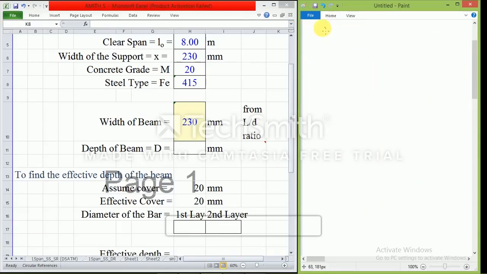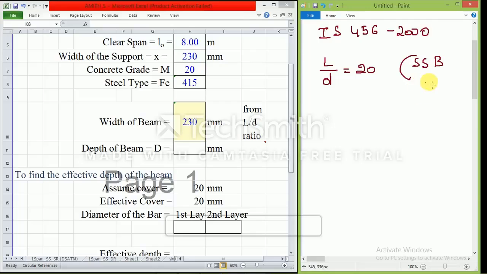Now according to IS 456 2000, L by D ratio will be equal to 20. This is for a simply supported beam. In case of a cantilever beam, the L by D ratio would be 7. In case of a continuous beam, L by D ratio would be 27.